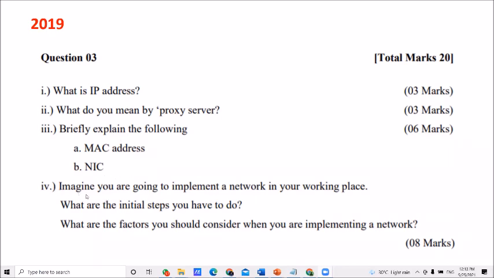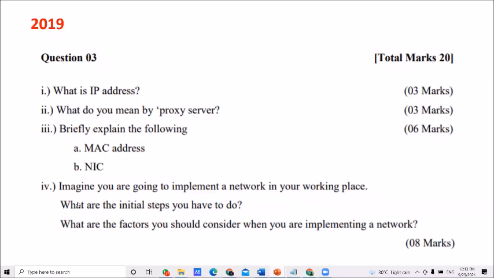Then fourth question. Imagine you are going to implement a network in your working place. You are going to establish a network system in your working place. Then what are the initial steps you have to do?